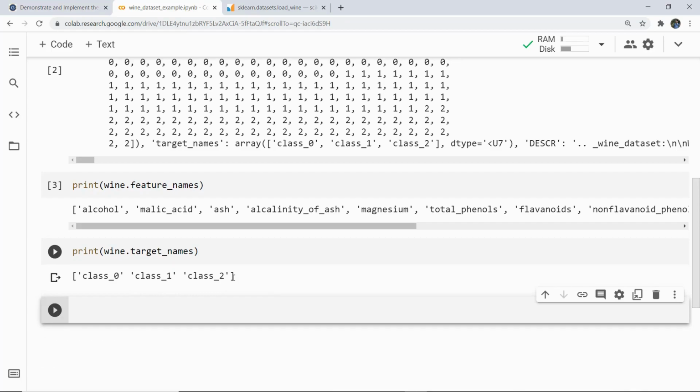Now what will we do? We will prepare our data frame according to that. In X we will store the data which are there in the features, and in y we will store the target values for the predictions further. So for that we have to write like this. Firstly we need to convert it into a data frame. So for that we will write pd.DataFrame